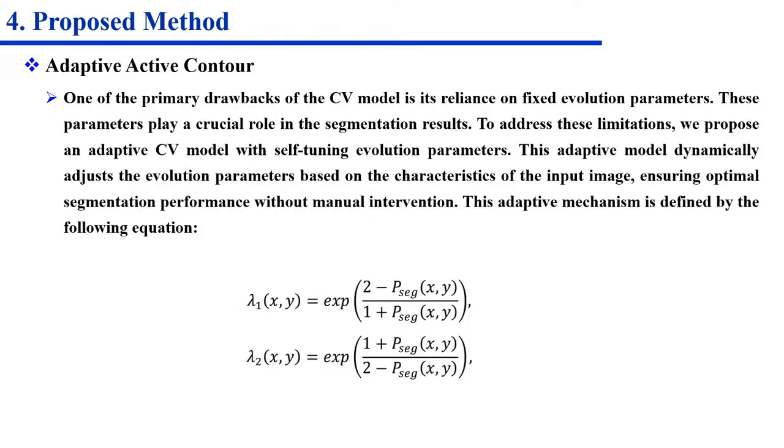Secondly, allow me to introduce the adaptive active contour model. The world of image segmentation has long recognized the power of active contour models. However, their reliance on fixed evolution parameters often becomes their Achilles heel. Our approach introduced dynamism into this equation. The adaptive active contour model we have developed can adjust its evolution parameters based on the